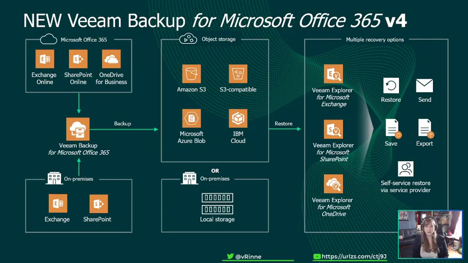Taking a look at the Veeam Backup for Microsoft Office 365 environment, our software, we're able to back up not only your in the cloud environment, but also an on-premises environment and in a hybrid configuration as well. We're able to send your data to either a local storage, whether it's an iSCSI Direct Connect or a drive in a physical server, or we can send that data off to object storage. We're compatible directly with several named vendors: Amazon, Microsoft Azure Blob, IBM Cloud, and we're able to use anything that's